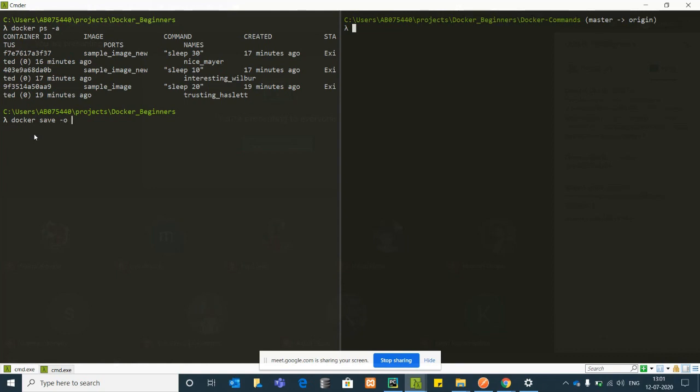I'll give the output file name as tar file dot tar, and then you can give your container ID. That means the container holds your current state, whatever packages are installed. Even if the source code is inside this container, it will copy all the source code inside your .tar file.